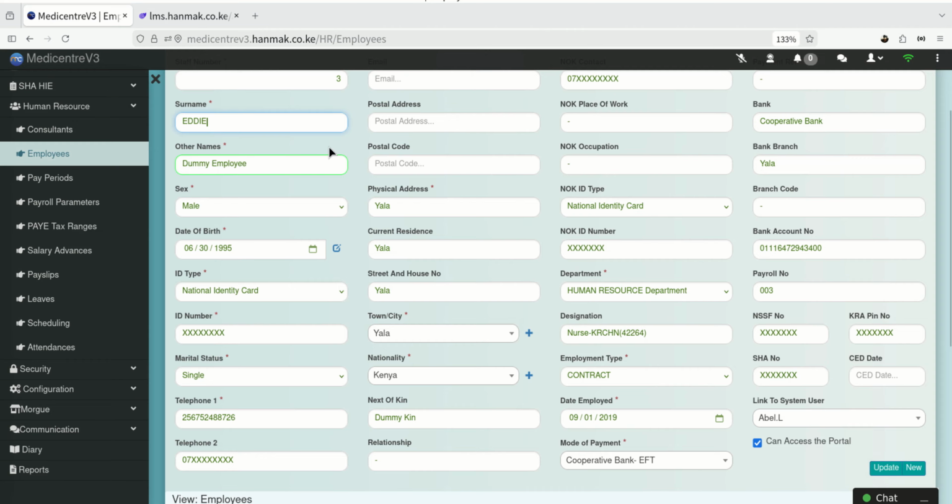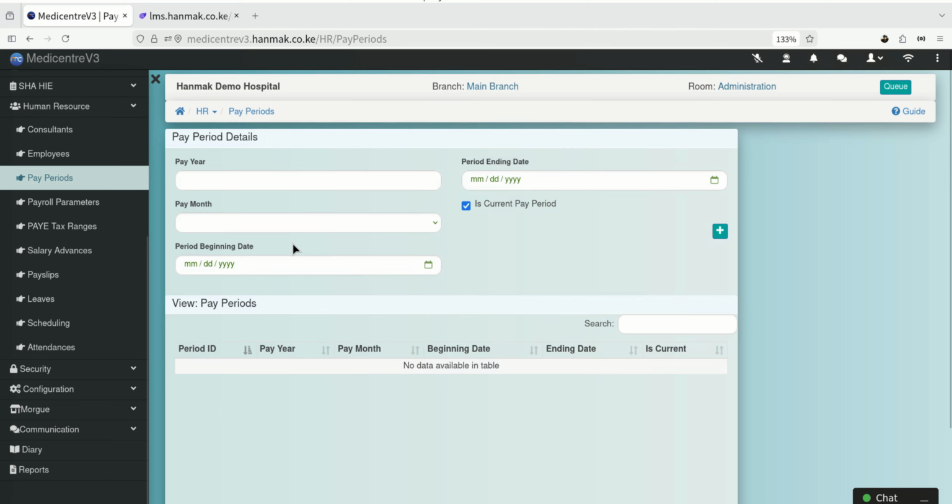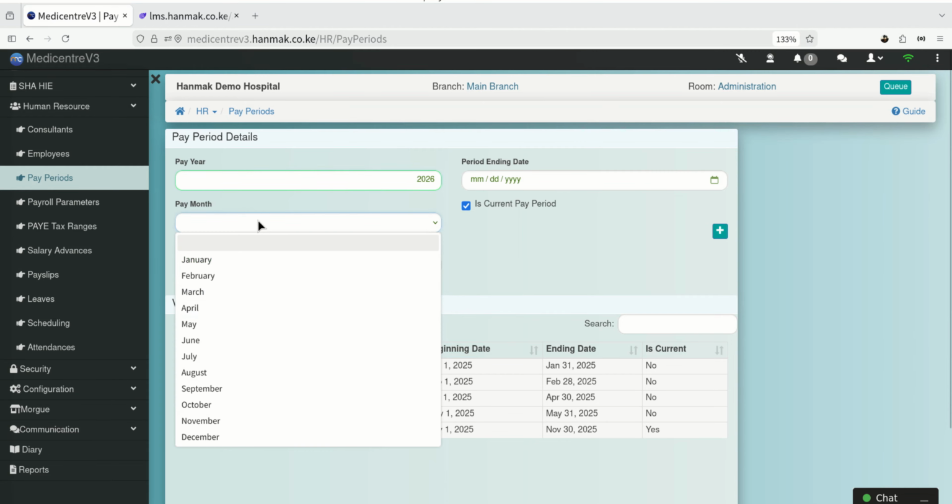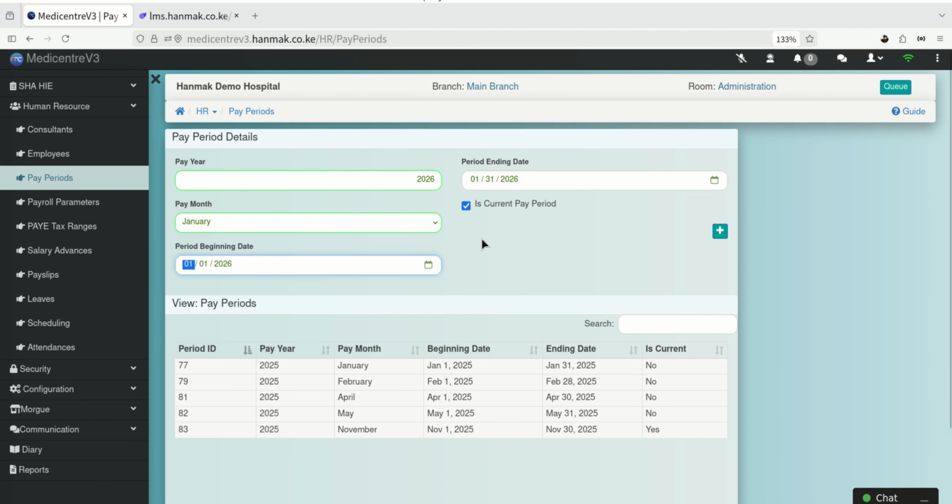Next, let's look at pay periods. So pay periods define the hospital's salary cycle, whether monthly, weekly, or custom. Okay, so by setting these periods, the system already knows when exactly to process the payroll and lock records to prevent late alterations. Okay, so if you want to create the payroll for January 2026, you just enter the year here, 2026, the month that you wish to pay, and then the beginning and the end date, which you can adjust,